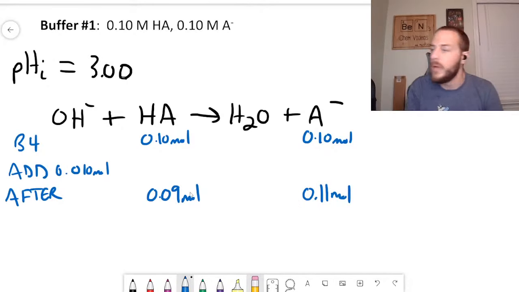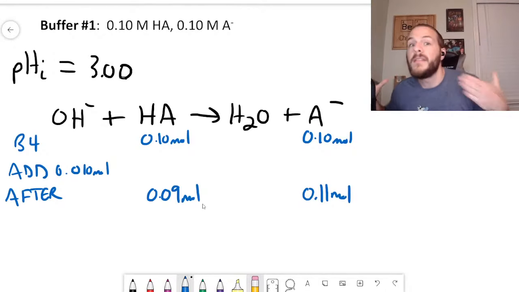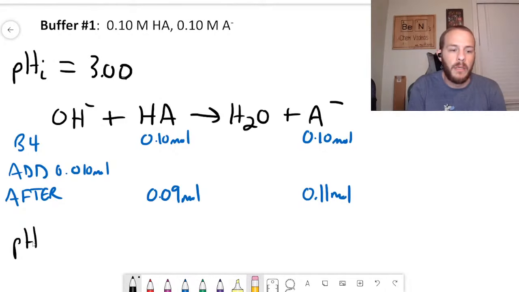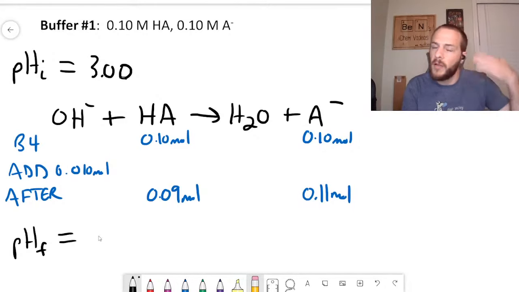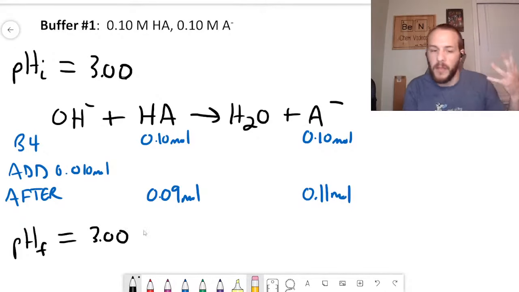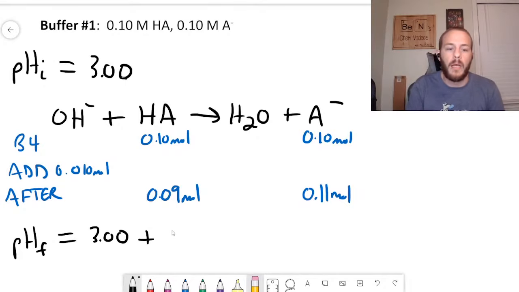So these are our new amounts of base and acid, or our new concentrations, if you will, that we can use. And we can now use the Henderson-Hasselbalch equation once again to determine what our final pH is. So I'll go ahead and do that. I'll say that our pH, I'll just give it a subscript of F for final, is going to be equal to pKa plus the log of concentration of base over acid. So pKa, that's 3.00, that was given by the problem, plus the log of, again, it's base over acid,